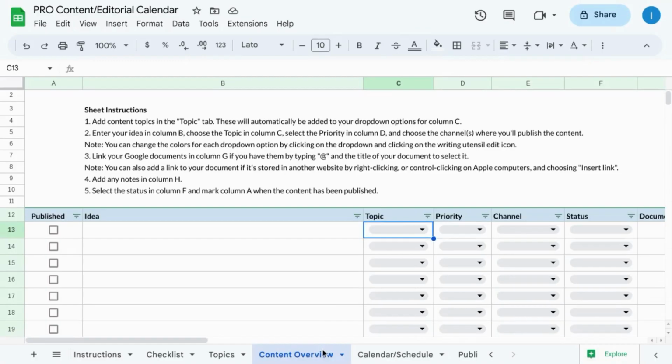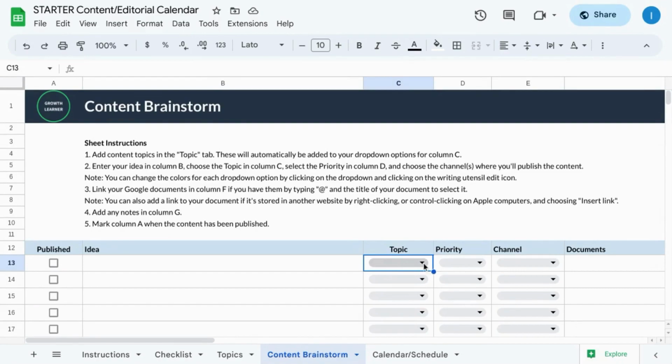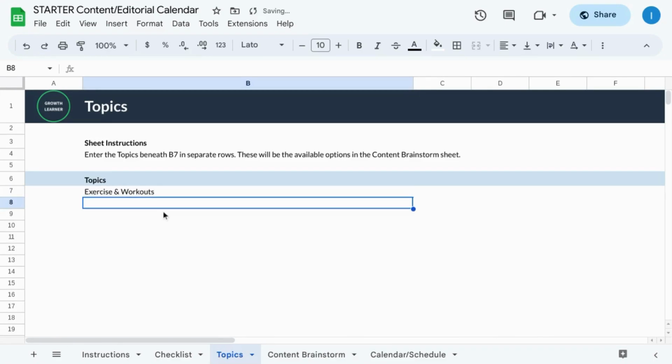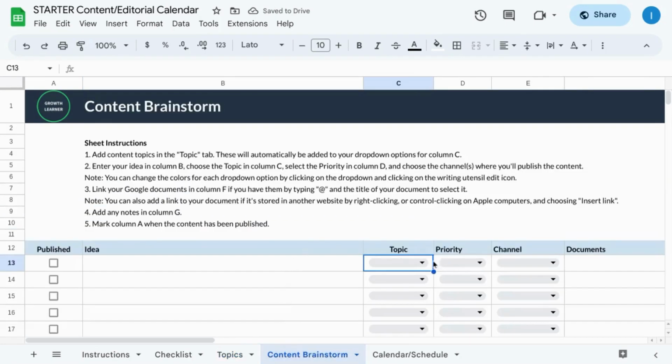Depending on the version, your main content tab will either be called a content brainstorm or a content overview. Either way, this tab will include a topic column, which has a drop-down menu that pulls from the topics that you enter into your topic tab. So if we add some topics like exercise and workouts, diet, sleep, and we go back to our content tab, then we'll see those options for selection